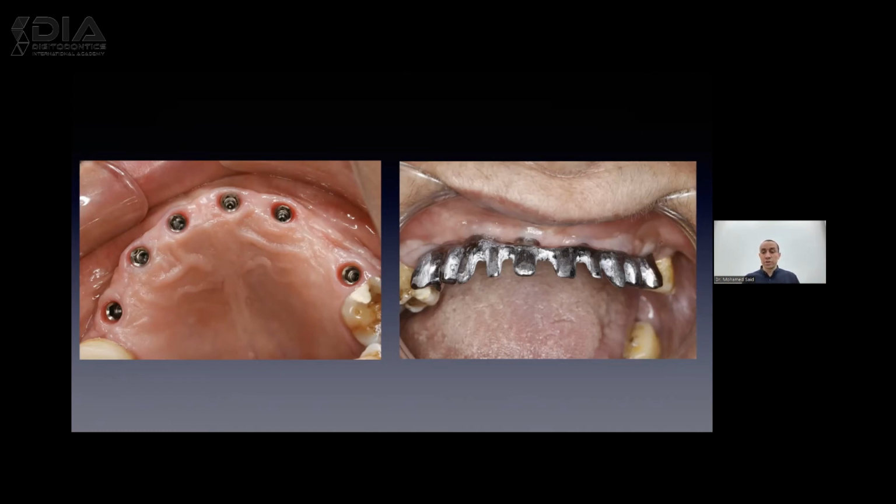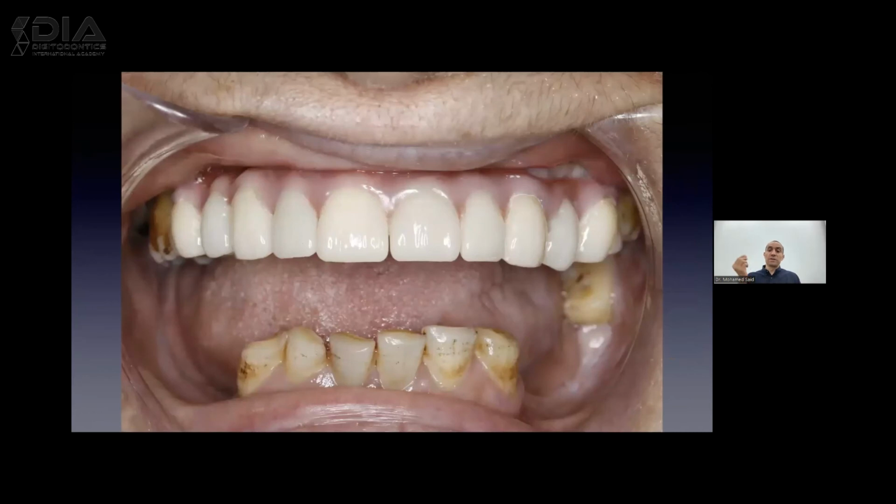We took a regular impression using open tray impression technique, and then scanned the impression using an extraoral scanner. And then after that, we planned for a metal framework that is going to be screwed directly onto the implant. And after we checked the accuracy of fit and passivity of the framework, we cemented the zirconia crowns over the metal framework that we have fabricated, and added some pink composite over the crowns in order to